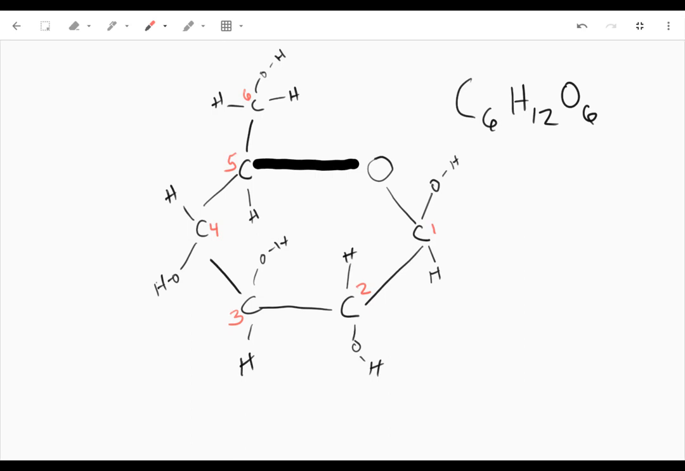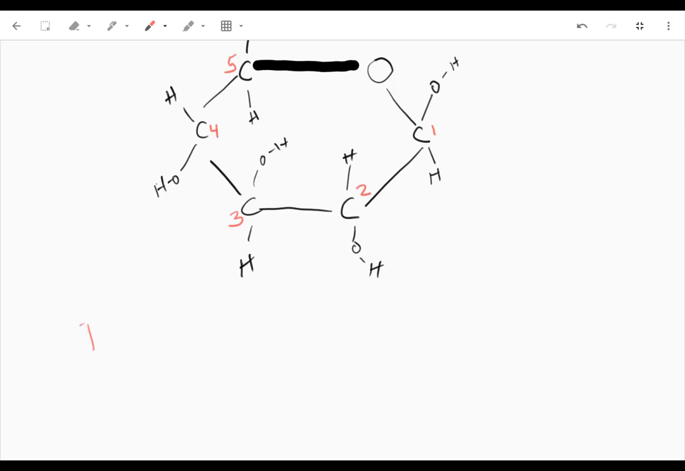Alright, so we're back with beta glucose and we're going to create cellulose. And cellulose is a beta 1-4 bond. And this is going to be a little bit tricky, cellulose,